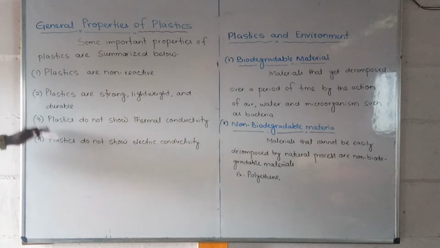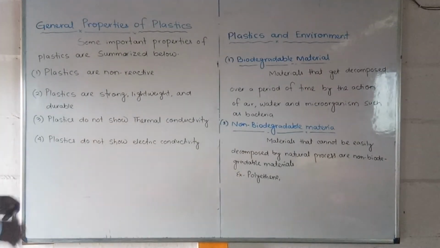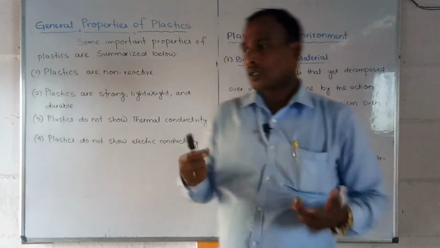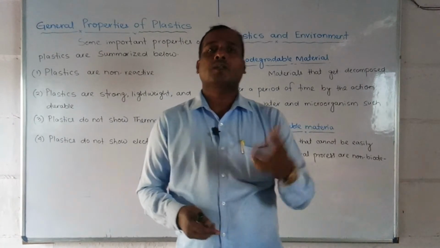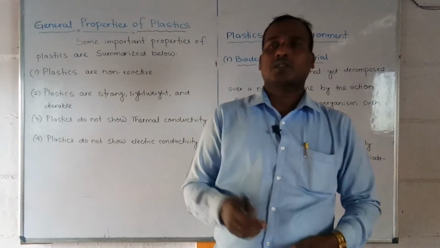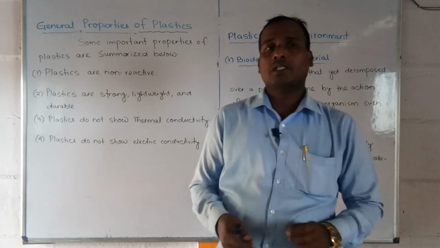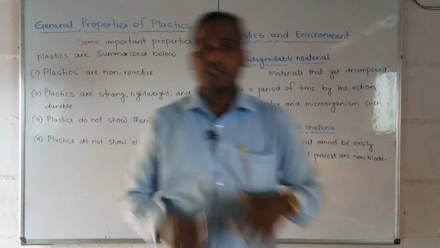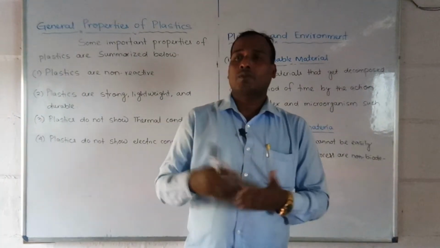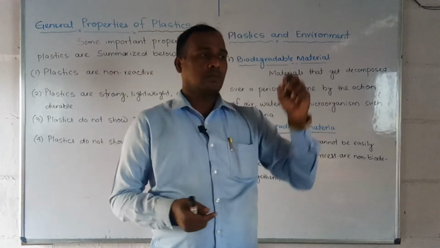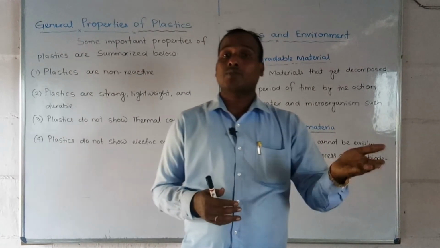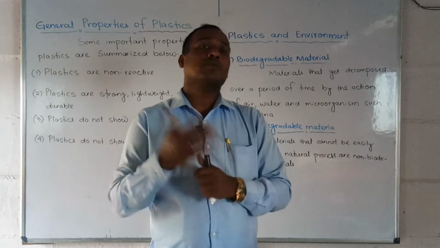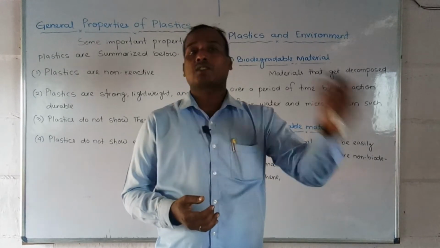There are so many properties given, and near about four properties I have written that we have to discuss one by one. Due to these properties, nowadays all members are depending upon plastics. So it is very important to learn what the properties are and why we are using plastics instead of other materials. Comparatively, whenever we make materials or articles, we use plastics nowadays instead of metals, because of the advantages of its properties.